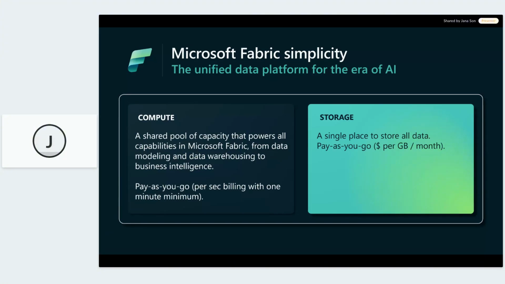That means that with F64 and above, you have premium benefits in that all of your users that are just viewing the reports and analyzing data, they don't need any additional licenses. They get the Power BI free license as part of the premium benefit, and they don't need any additional licenses. In that case, with F64 and above, again, only your developers need a Power BI Pro license.